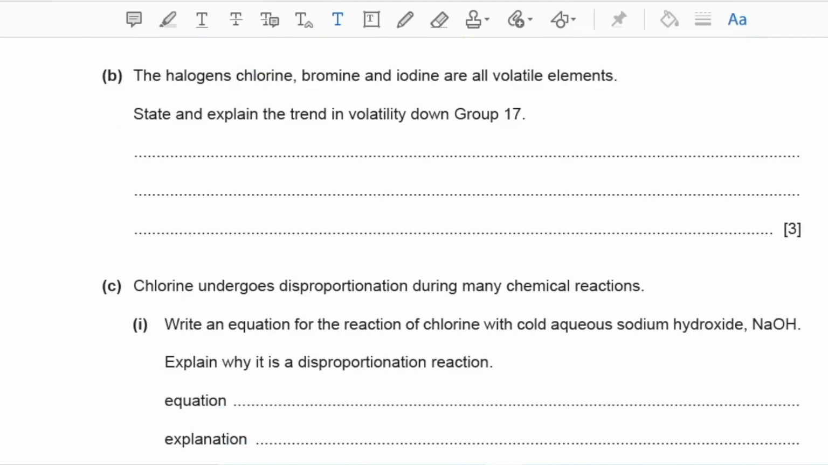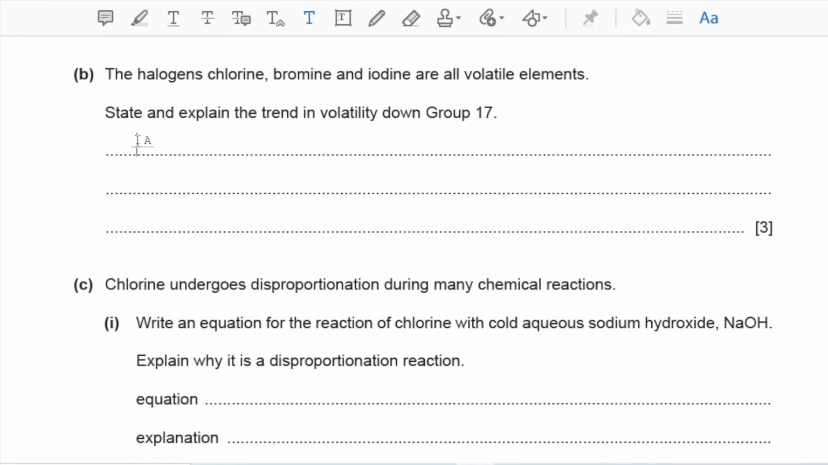Part B, the halogens chlorine, bromine and iodine are all volatile elements. State and explain the trend in volatility down group 17. So again, volatility is a property which describes how fast a substance changes to vapor form. So volatility decreases down group 17. And the reason why is that the number of electrons increases as we go down group 17,